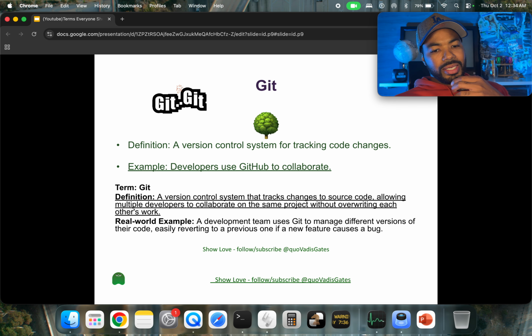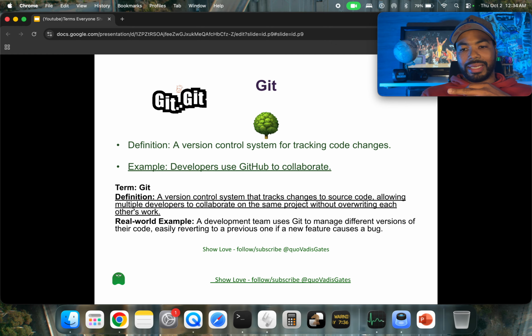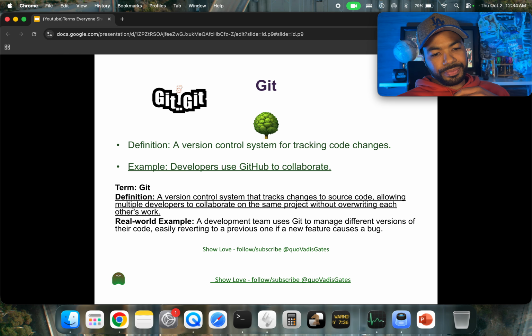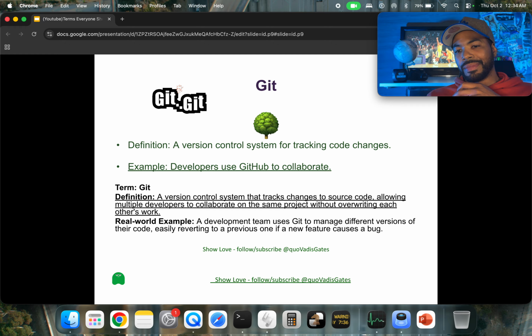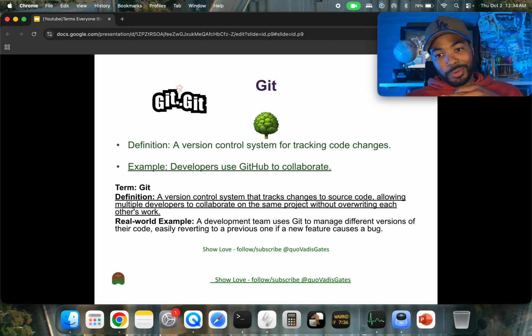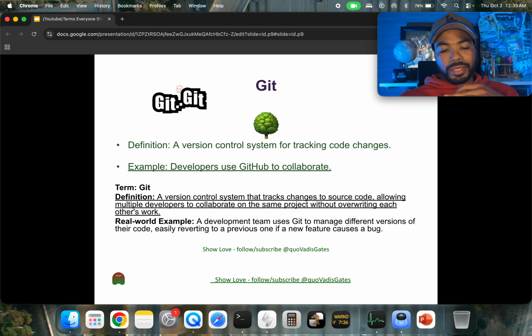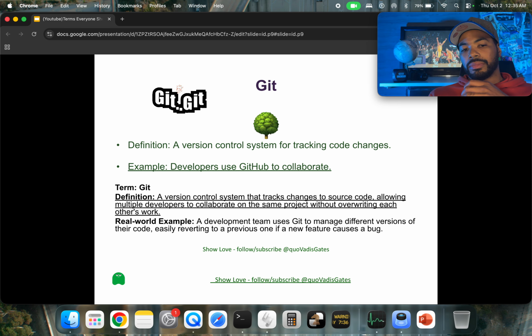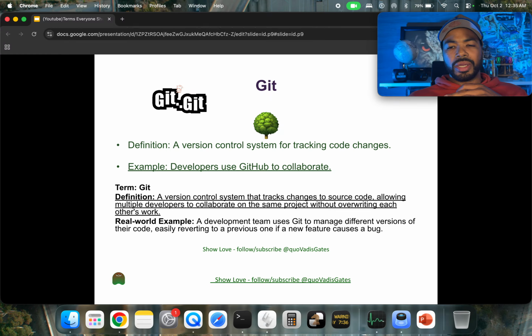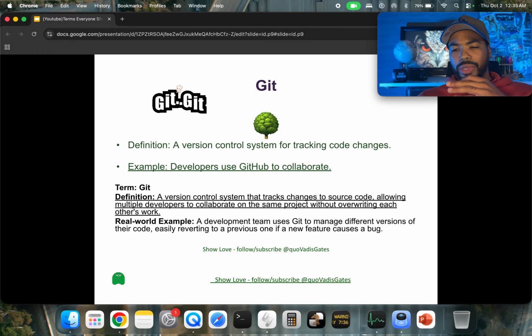So Git is what developers use, something like GitHub, to collaborate. I use GitHub all the time. People got the good scripts on GitHub, so I'll go over there, I'll look at them, and I'll take what I need. But this is how, as an industry, a community within the whole tech field, we all help each other, we all communicate and collaborate,